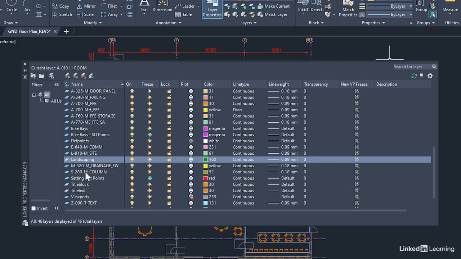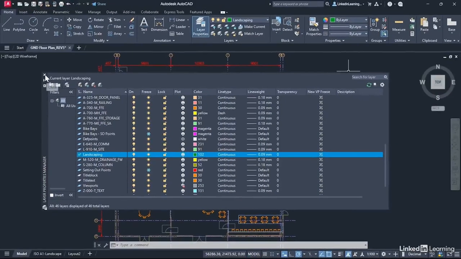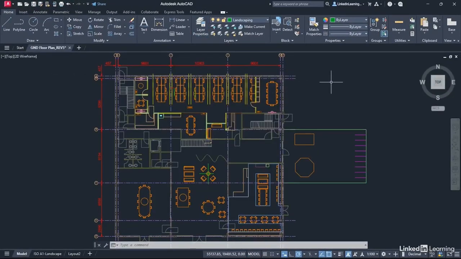Now, if I want to make the landscaping layer current, I can do it in two ways. I can select it from the list so it goes blue. I can click on this little icon here. That'll make the layer current. Or I can just double click on this little sheet of paper to the left and you'll see the green tick appear. So the current layer is now landscaping. I'll close the Layer Properties Manager and we've created a new layer called Landscaping and it is now the current